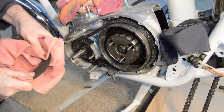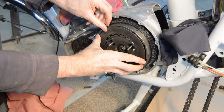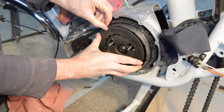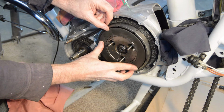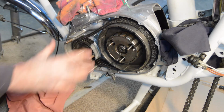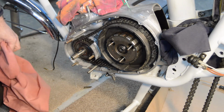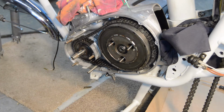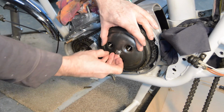So you have friction alternating with plain metal. The plain metal plates are all in excellent condition, unmarked, no bluing, unworn, just really good nick. So I'm just going to build them up just like that, one after another, alternating between friction and plain metal, and I'll bring you back when I put them all in. Right, that's them all in. It's properly lubricated. Then we have our clutch cover